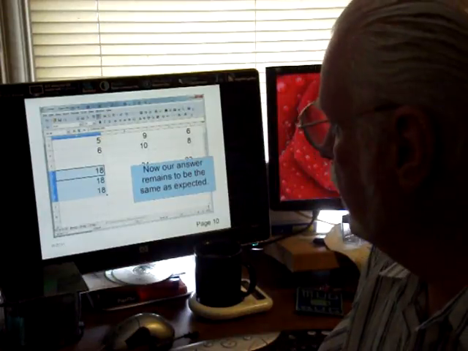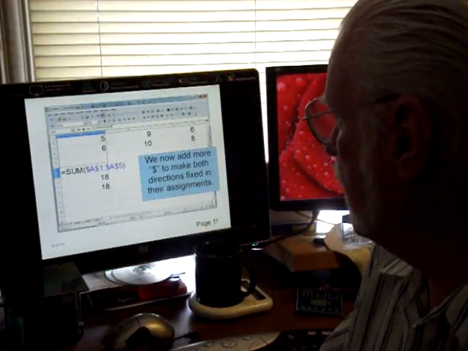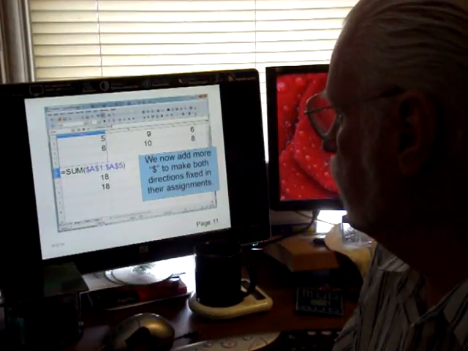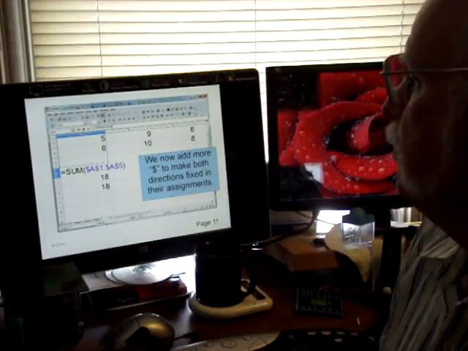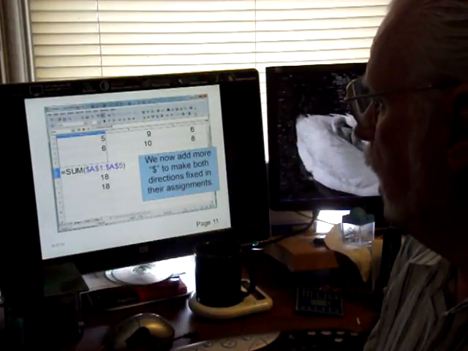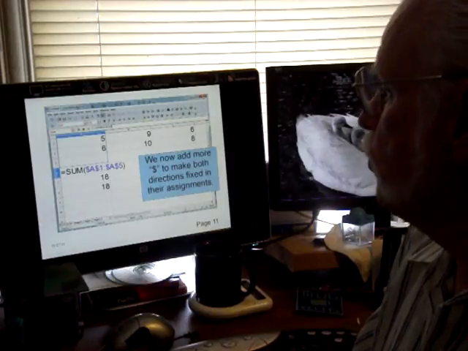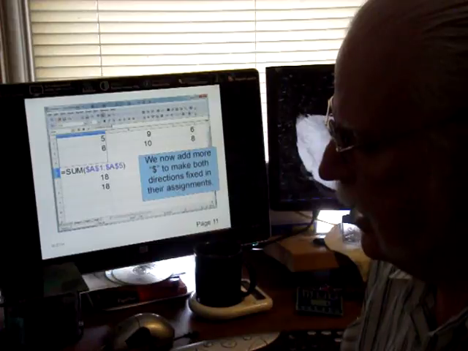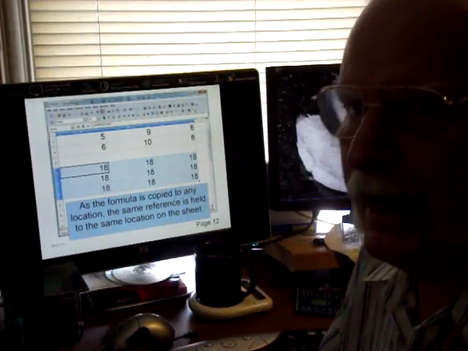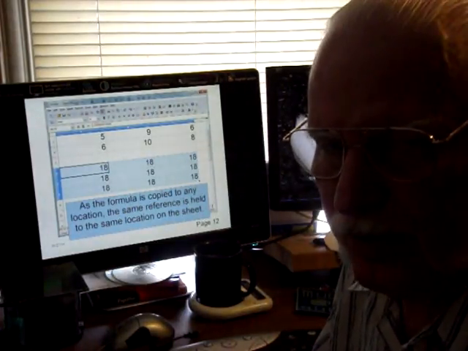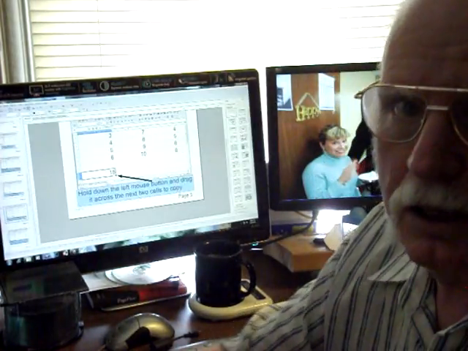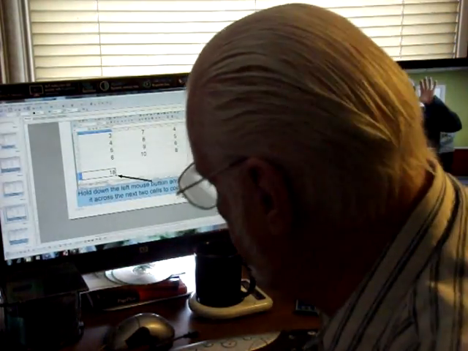Now one more thing on this: when we copy it with dollar signs on all 4 locations, it will fix both the A column and the rows 1 through 5. When we copy this formula across to anywhere, it will hold the same answer because it is now a fixed location. Okay? Now, to demonstrate this a little bit better, I would like to show you a spreadsheet that I